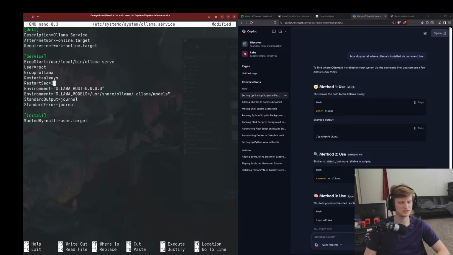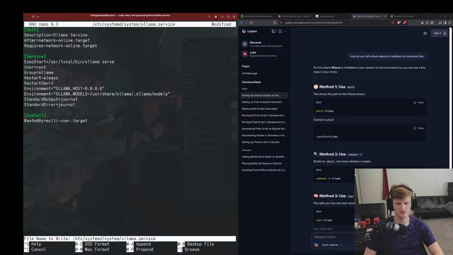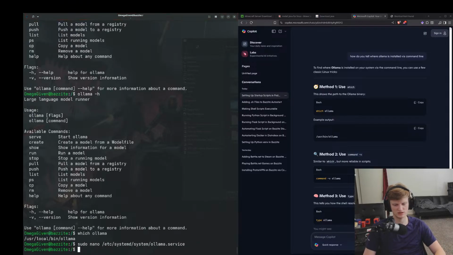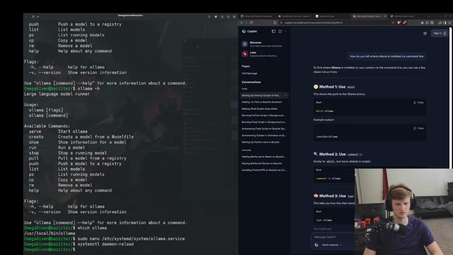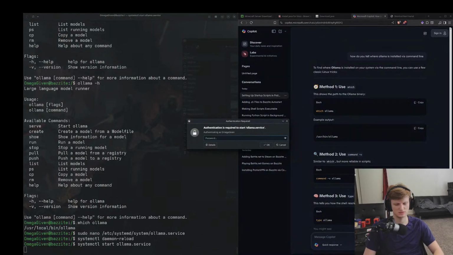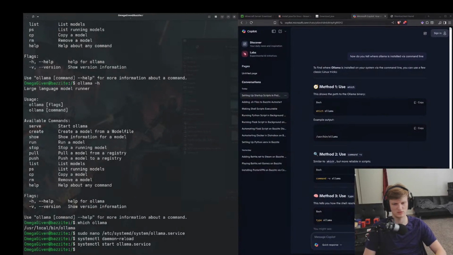Ollama group always reset environment. Yeah, sure. Okay, so then we can do systemctl daemon reload. We start it up and then